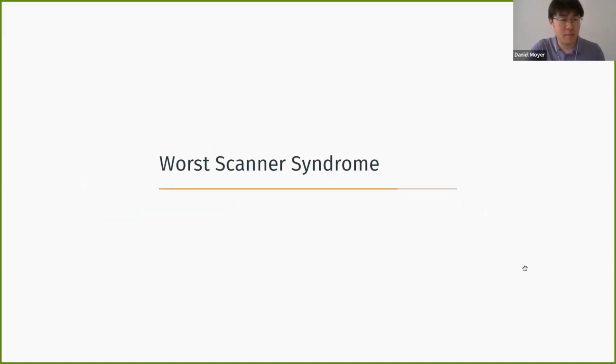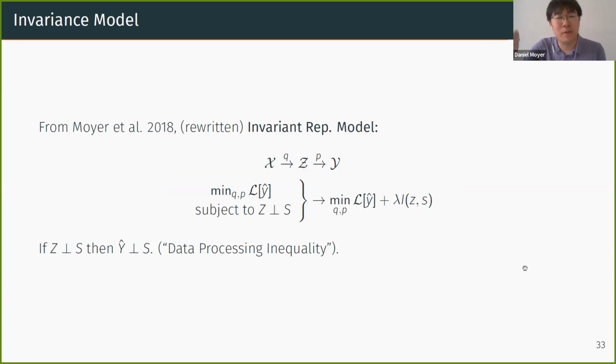Great. So this is the last vignette I have for you, and luckily that's good because we only have 8 minutes left. But let's talk about some of the problems of invariance. So why is this not everything, essentially, right? Have we solved the problem? And this is another restatement of this invariance model. We're going from data to invariant representation Z to label Y, right? And we want it subject to this invariance constraint, Z independent of S.